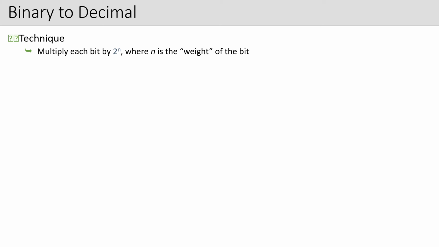What you need to do is multiply each bit by 2 to the power n. Now, what do I mean by each bit? See, if you have the number 12, 1 is a 1-bit, 2 is 2 bits, so it's a 2-bit number. In a computer system, each number is represented by the word bit. So to convert a binary to a decimal number, you multiply each bit by 2 to the power n. Now, what is this n? N is the weight of the bit.